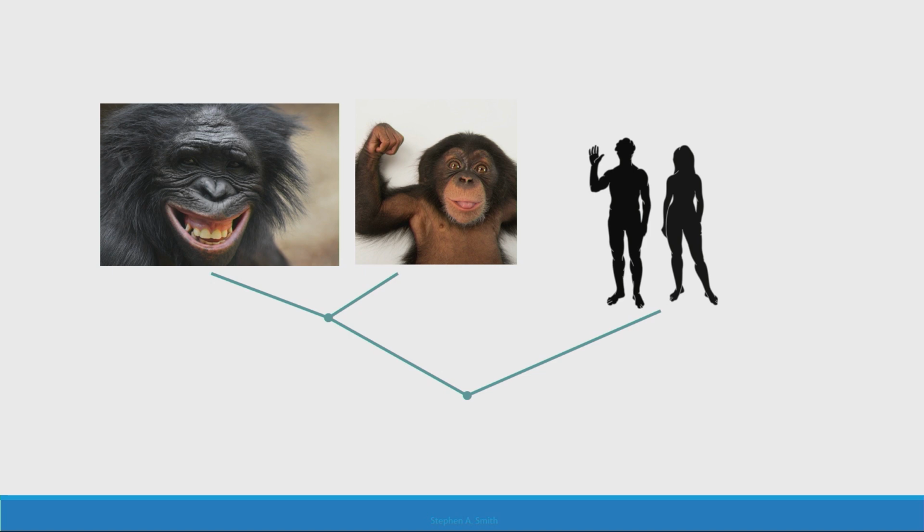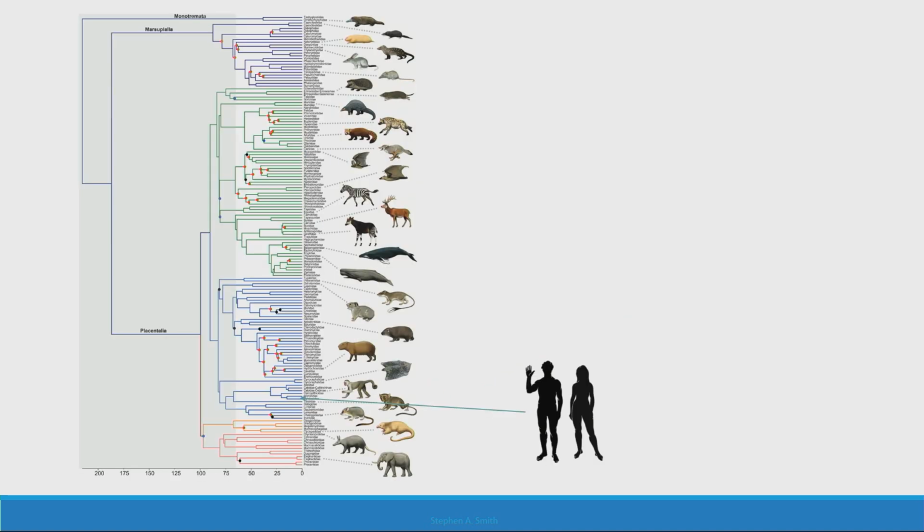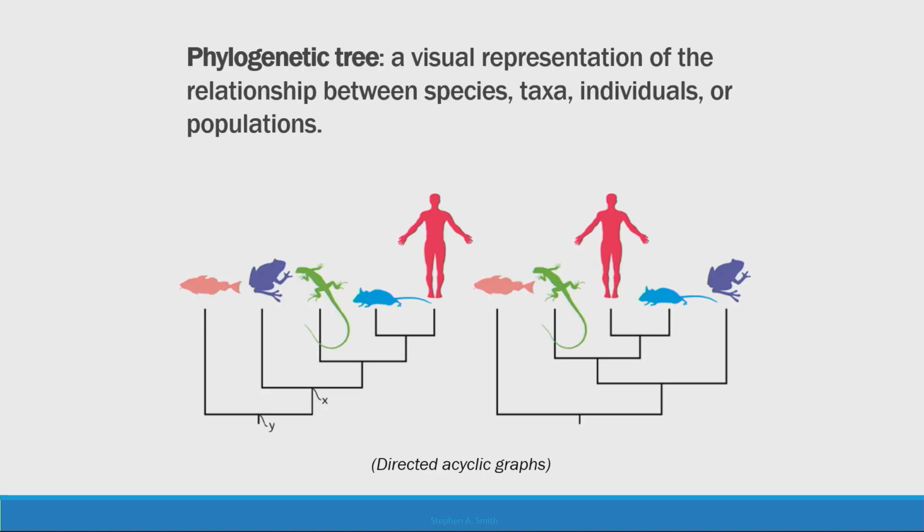Now, of course, this is a part of the mammalian phylogeny. We are all mammals. So this fits into some larger phylogeny there. All right, so what we're looking at here are phylogenetic trees. They're visual representations of the relationships between species, taxa, individuals, or populations. You would know them as directed acyclic graphs. So if you came to a talk wanting to look at a lot of directed acyclic graphs, you came to